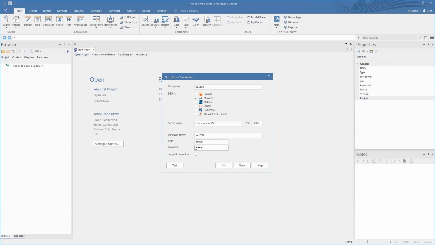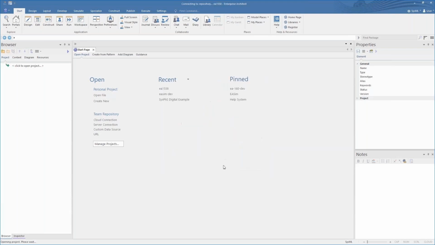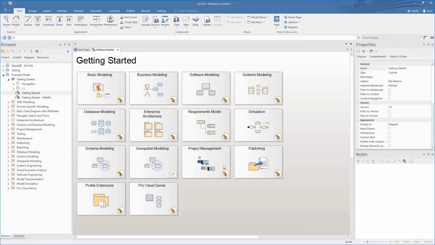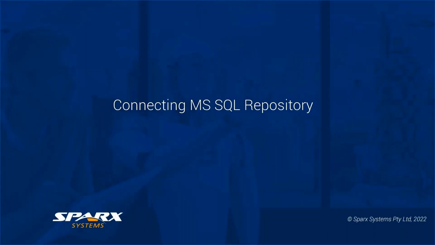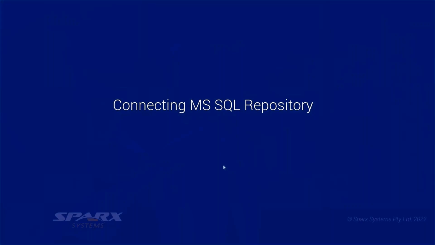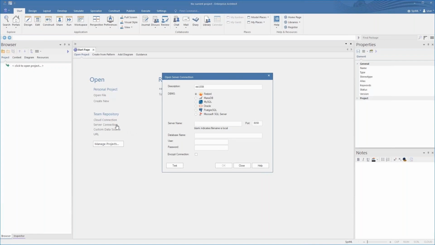So you add the server name, database name, your database credentials, you test the connection, click OK, and then you can jump into the connection. So it makes it much easier to connect to a database without having to configure ODBC drivers. It's streamlined, it's faster, and it makes life much easier for creating those connections.